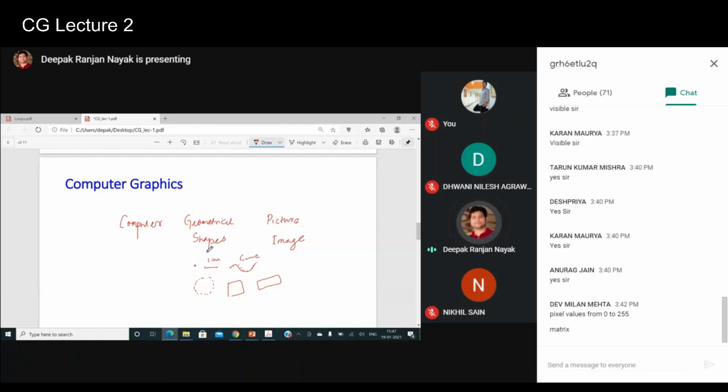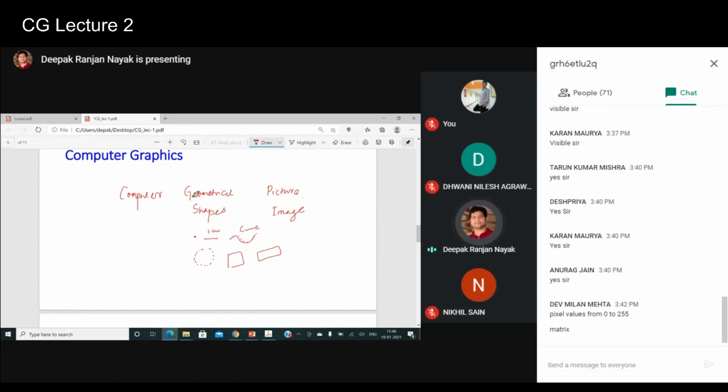So the major objective of this course is to draw pictures, and the pictures can be anything, made with the help of these different geometrical shapes. We'll also see a lot of other things in this course, like viewing, or mapping, basically. And if you want to remove the hidden surfaces, then how can you remove them? We'll see a lot of things later on, and we'll have a lot of fun in this course. So let us quickly discuss a few important applications of computer graphics.